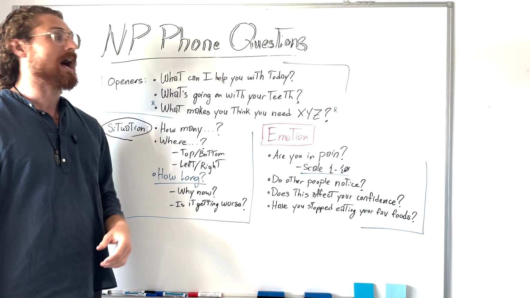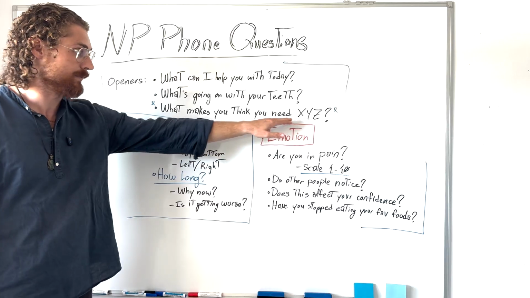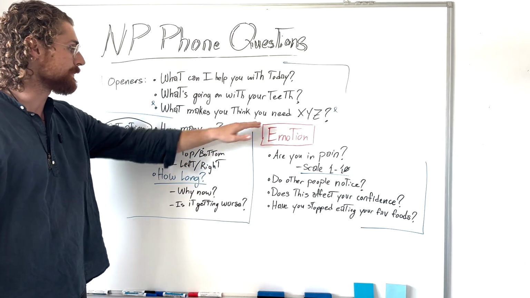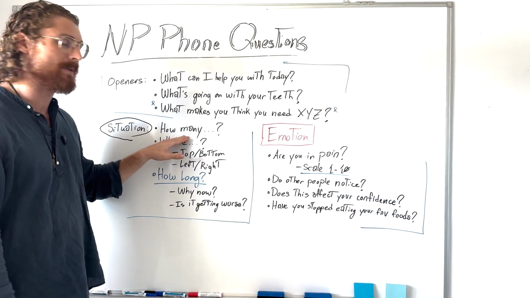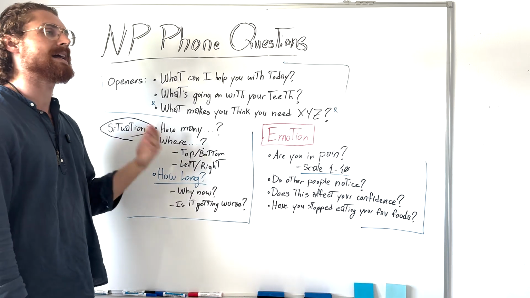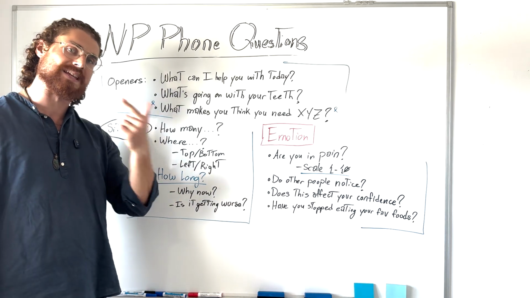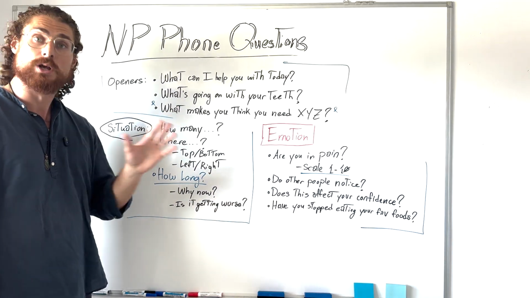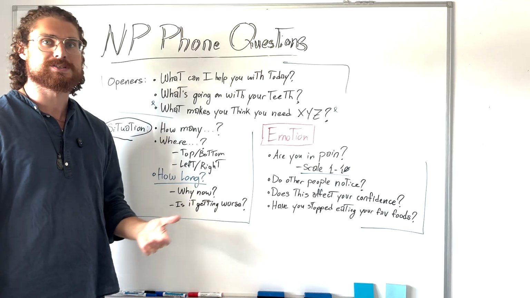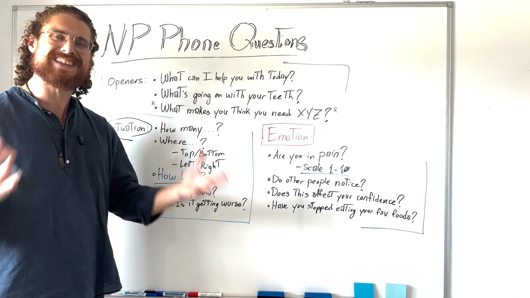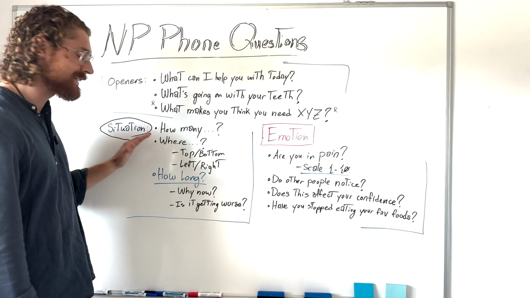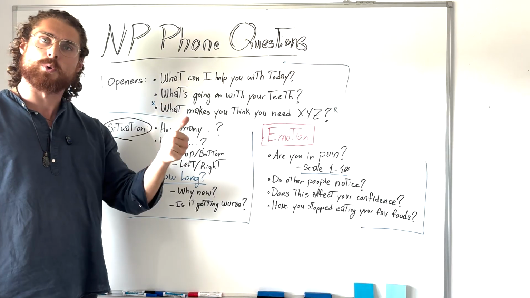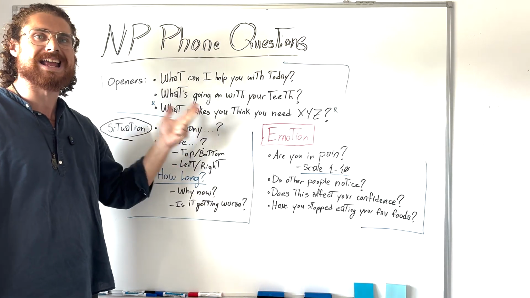If the patient says, I need implants because I'm missing teeth, ask: how many teeth are you missing? We want to ask how many. This is to get the patient thinking about their situation, which, by the way, most of your patients aren't even doing. They don't think about their situation. So just asking these questions builds authority, trust, and rapport.